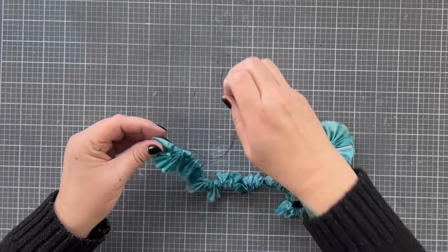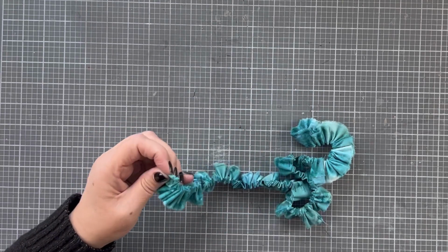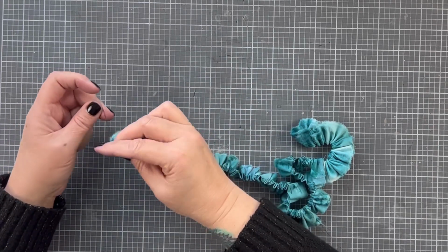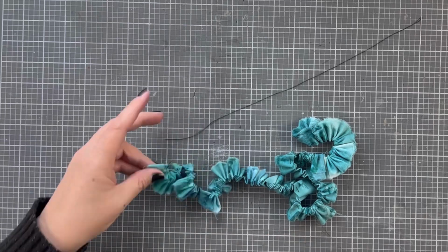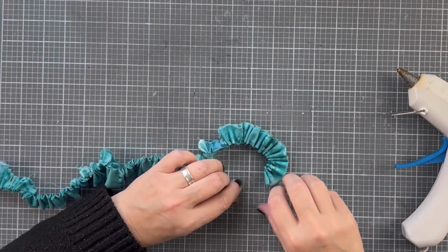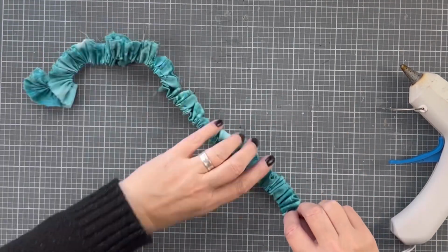I just smoothed out the ruffles before I created that center, rolled it over, stitched it down, and then you're going to use hot glue to glue the flower together. You want to do just a few inches at a time and roll as you go, and it makes this really easy, pretty, shabby flower that you can use on pretty much anything to embellish, from headbands to junk